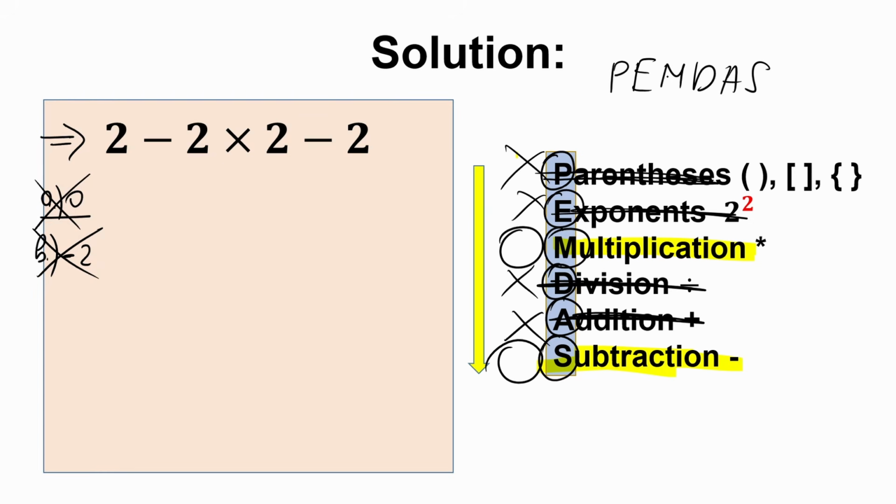And of course, if you remember it, you can easily say, okay, this is parentheses, we don't have it. This is exponent, we don't have it. We don't have division, and we don't have addition. What do we have? We have multiplication and subtraction. So basically you don't need to write all this stuff right here. You don't need to write this explanation. What does this letter mean? You just need to write the six letters, and then you say, okay, I have M multiplication, I have S